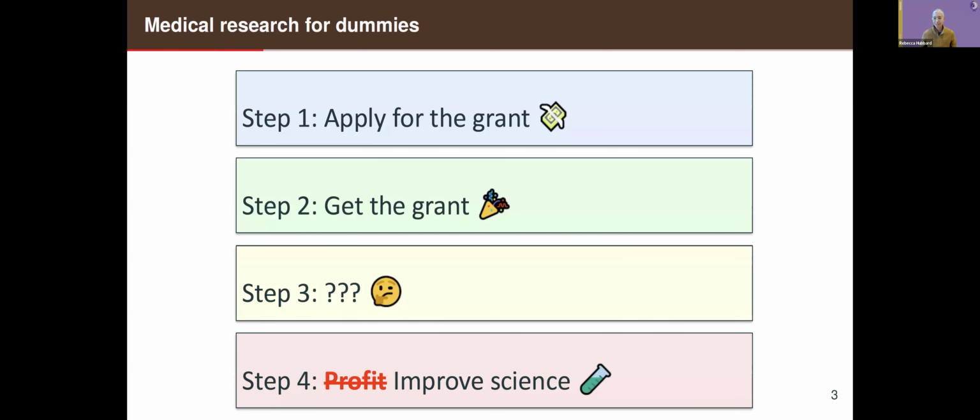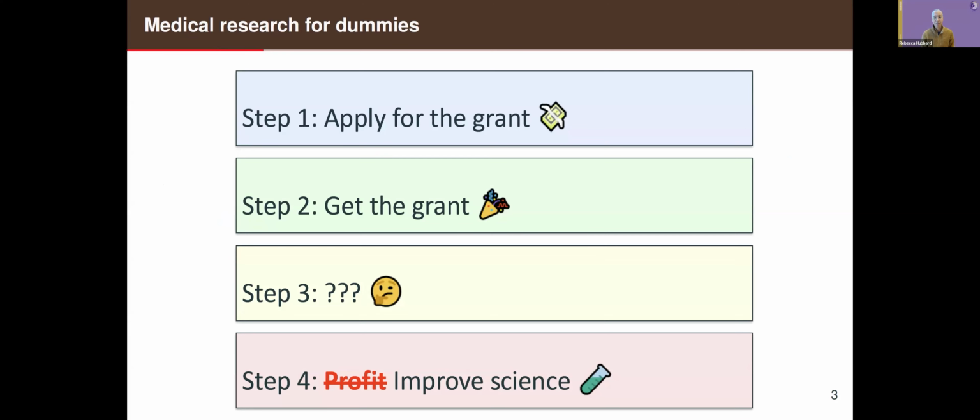Back in 2014, I was a bit more naive than I am today, and I had this very simple vision of how we would make science better by addressing this question in breast cancer research. So I thought, okay, we've got an idea. I think it's scientifically important. I think it's statistically interesting.